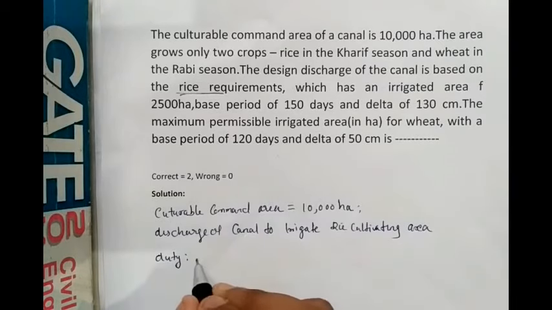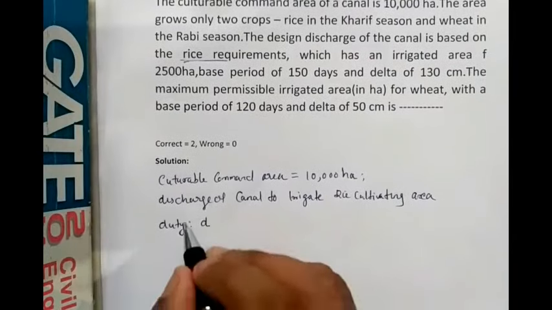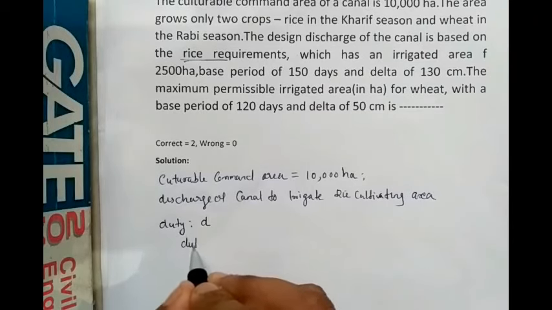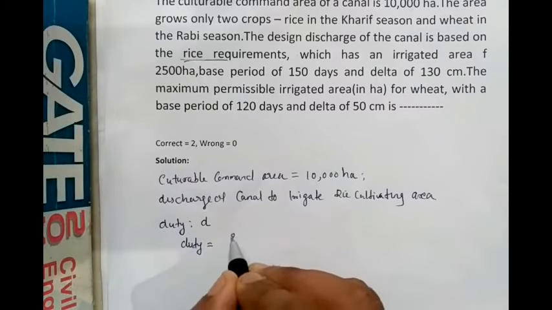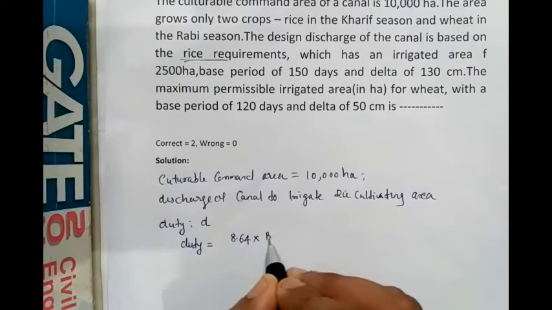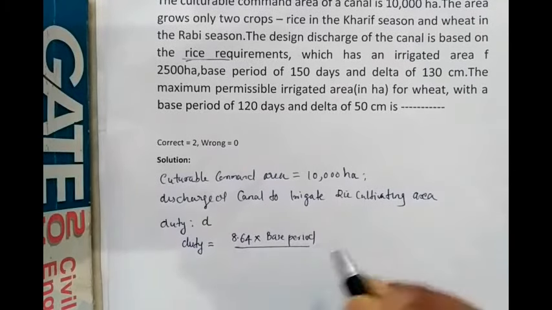So duty, let's take it as D, is equal to 8.64 into base period divided by